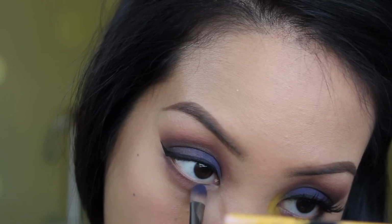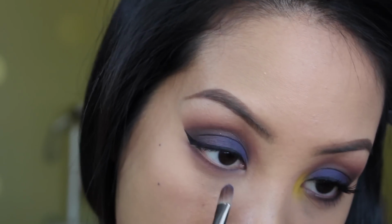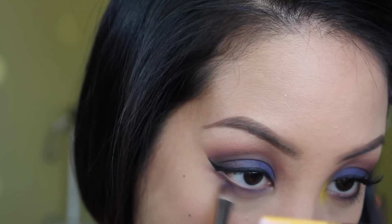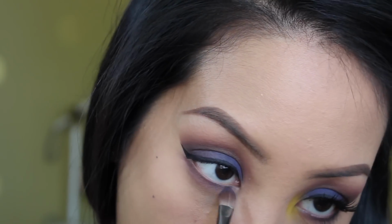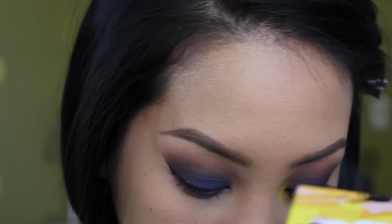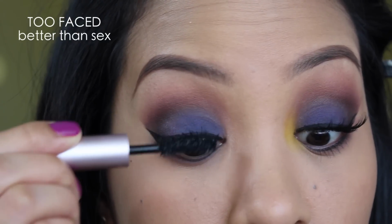Next I'm gonna take, I think this is Blue Unicorn. Sorry, I forgot to take a product shot. But yeah, Blue Unicorn on that same flat shader brush, and I'm just gonna take that along the entire lower lash line. So now that the eyeshadow and eyeliner is done, you're gonna want to prep your lashes with mascara,